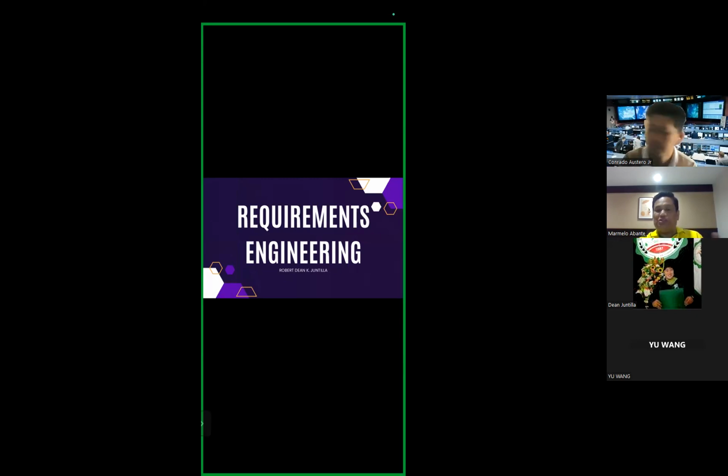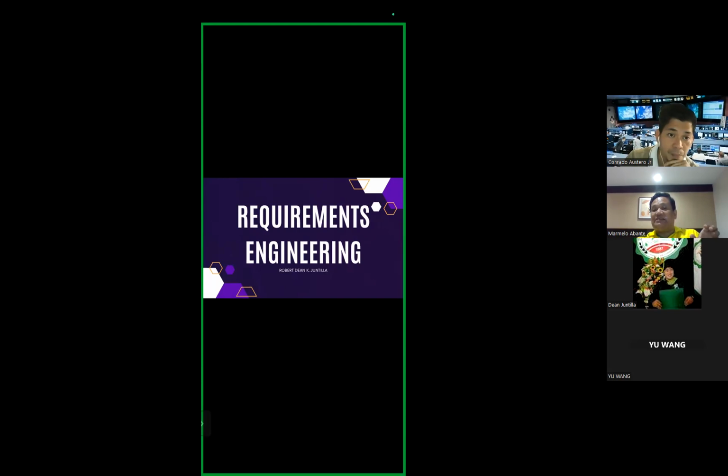Upon the completion of this module, we look forward that we will be able to understand the concepts of user and system requirements and why these requirements should be written in different ways. We will understand the difference between functional and non-functional software requirements, understand how requirements may be organized in a software requirements document, understand the principal requirements engineering activities of elicitation, analysis, validation, and the relationship between these activities, and understand why requirements management is necessary and how it supports other requirements engineering activities.